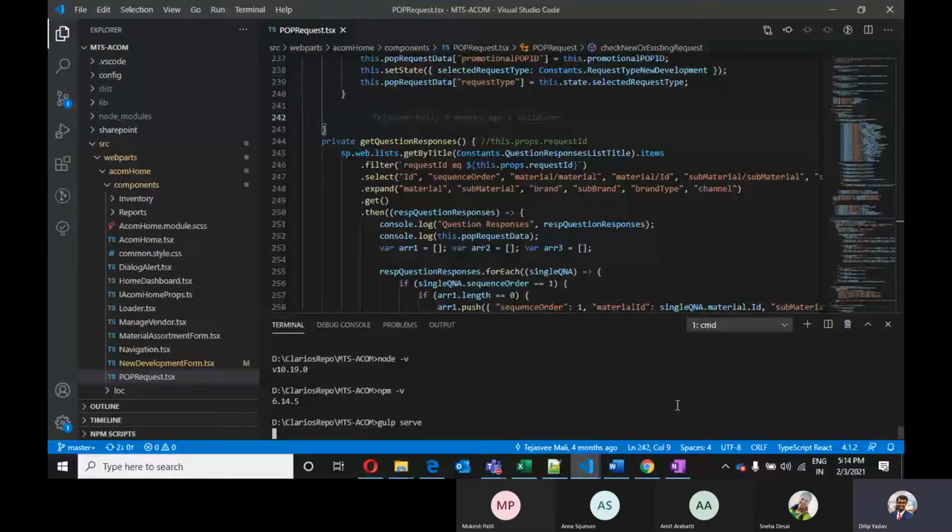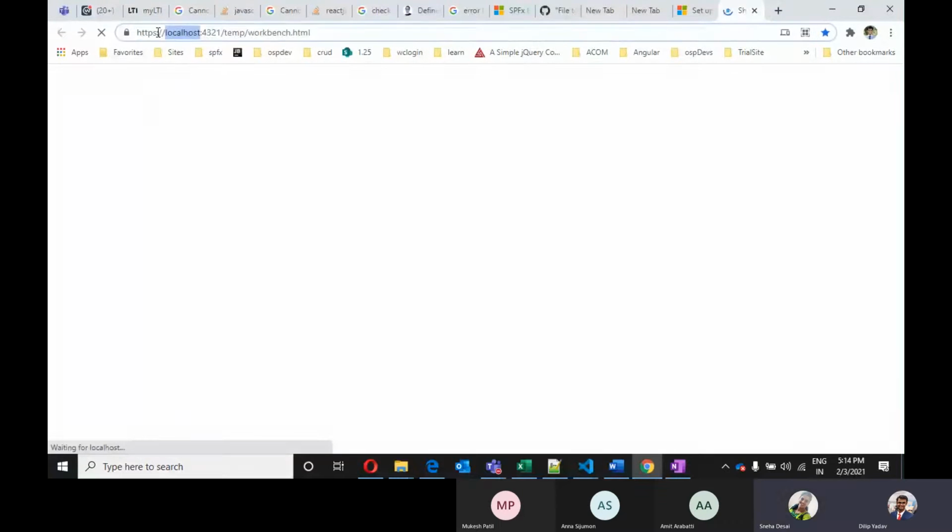Once we hit this command, it basically runs the project in the workbench. If you notice, it is redirecting to the local workbench.